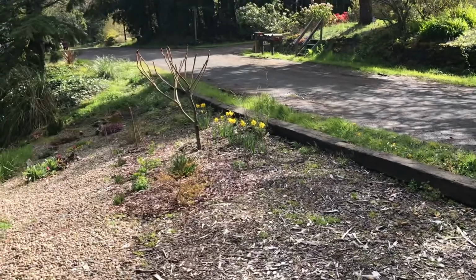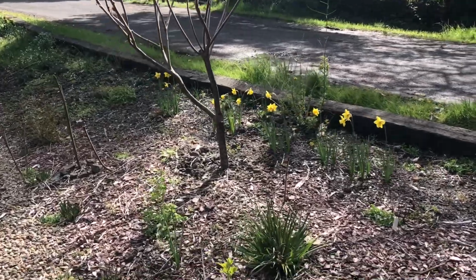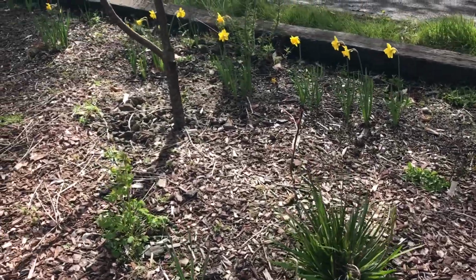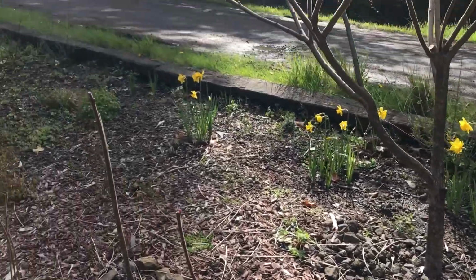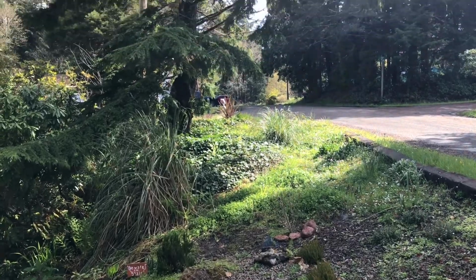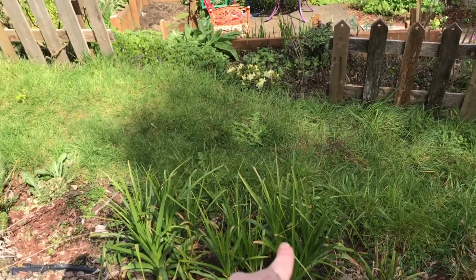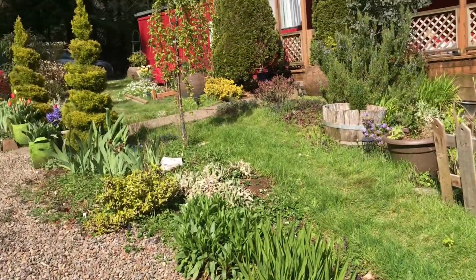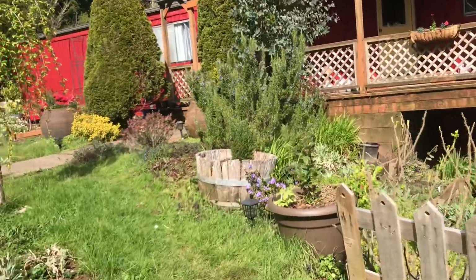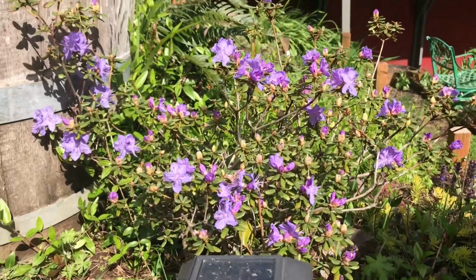Alright, so moving along, we do have a little row of daffodils from the daffodils that we planted last fall. The columbines are starting to get their buds on them. They'll probably bloom soon. The heathers have been blooming for a little while, and let's see, the red hot pokers are coming up nicely. This is kind of like the view from this end of the garden. Oh, I do see our first rhododendron in bloom right here. She's still a baby, but